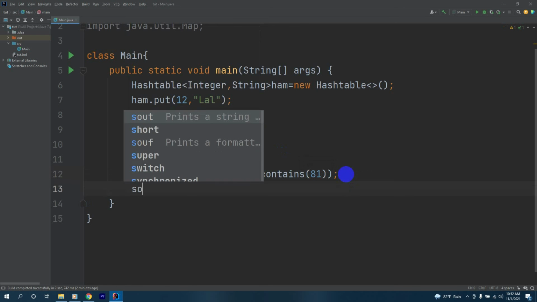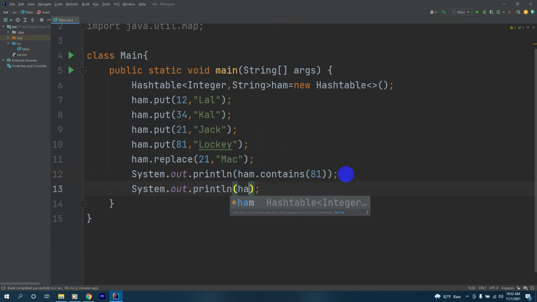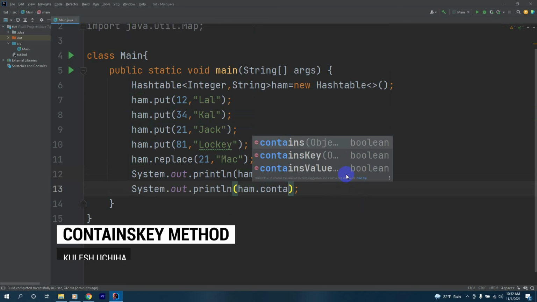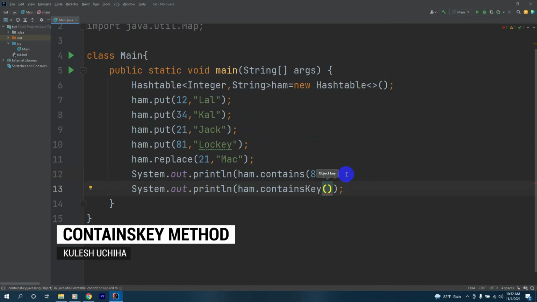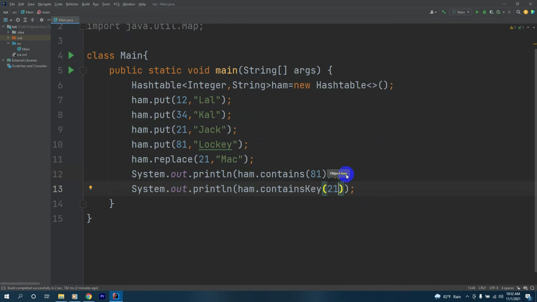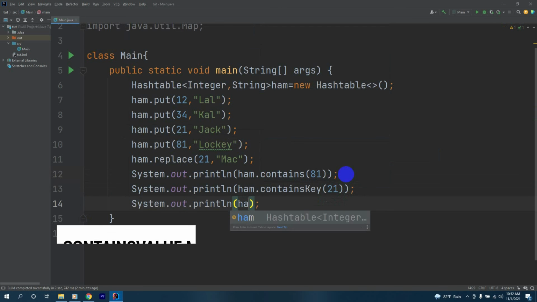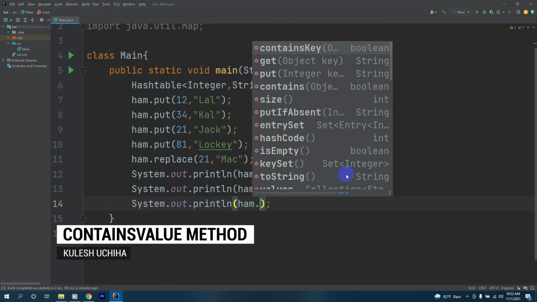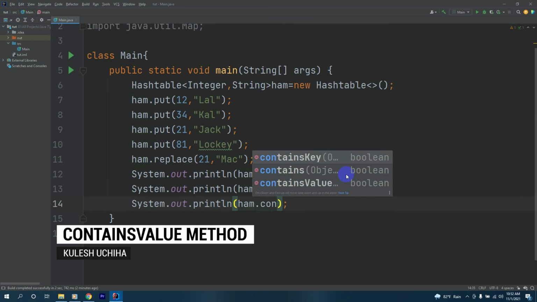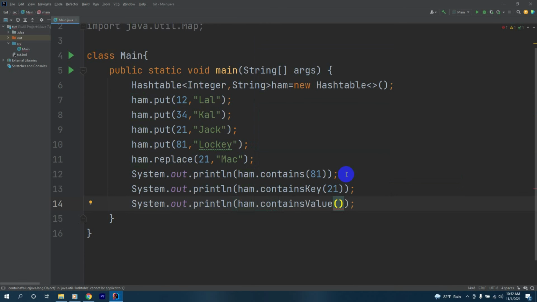And we'll have another s out that checks ham.containsKey this time, and we'll give the key 21. And we'll give another s out that has ham.containsValue, and we'll provide a value like Cal. Let's check the output for this example.